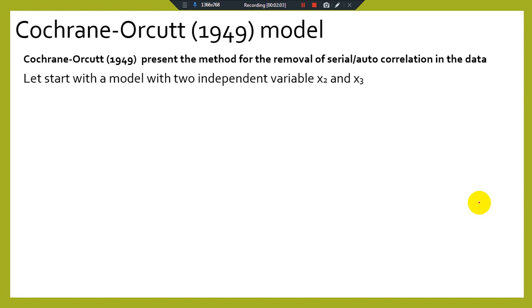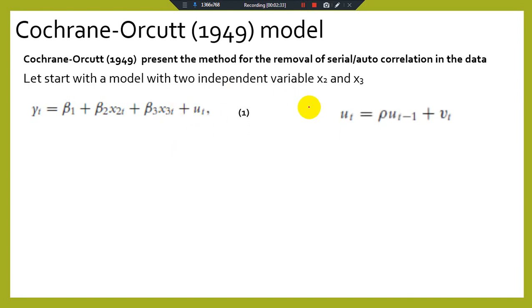Let's start with the model with two independent variables, x2 and x3. Let our dependent variable yt be equal to beta 1 plus beta 2 x2t plus beta 3 x3t plus ut. Suppose here we have autocorrelation in our data, in our error term. This is equation 1, and from this equation 1 we have to generate a ut series,